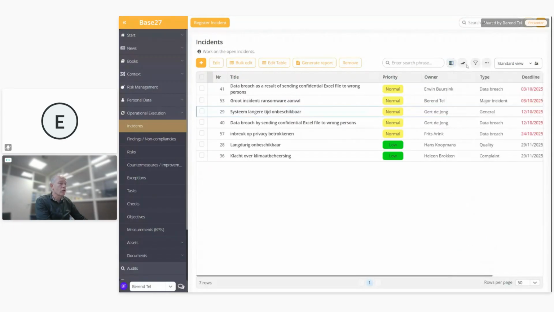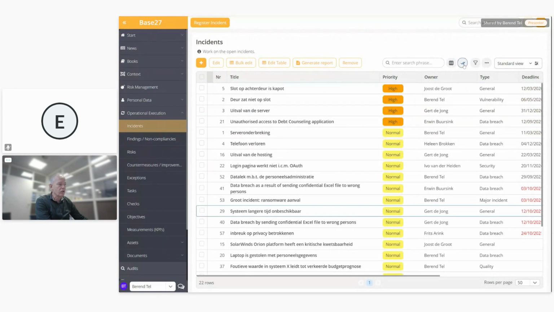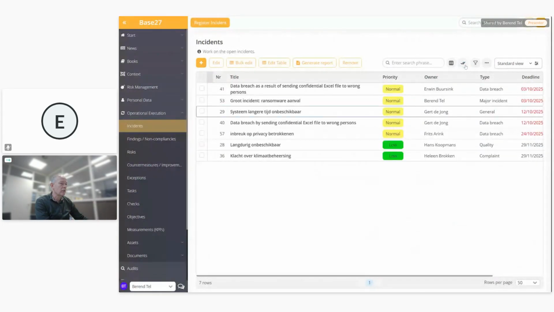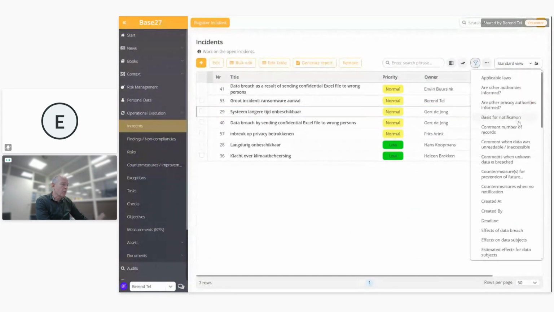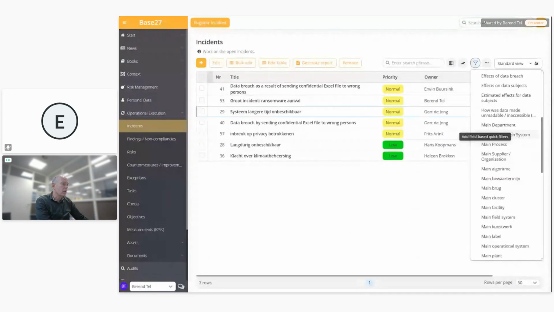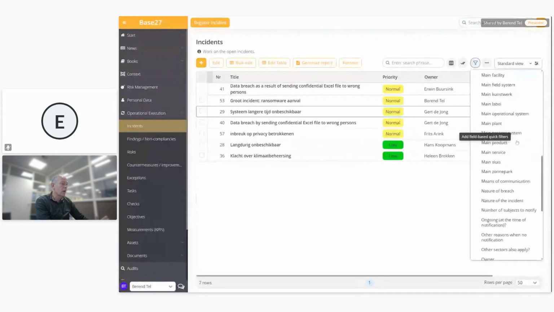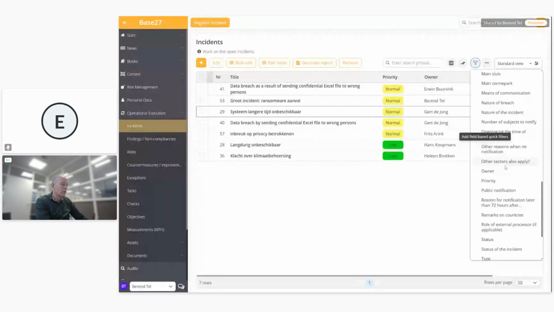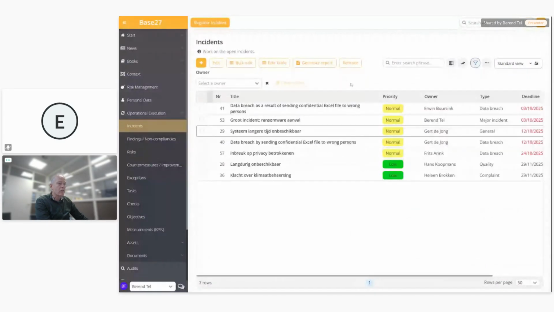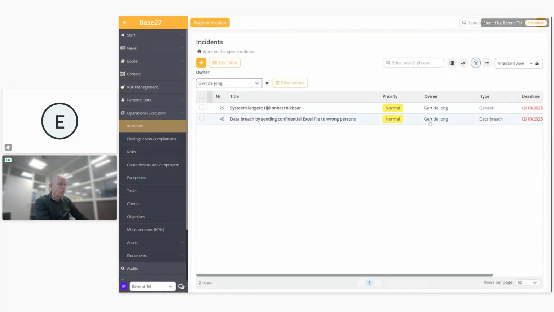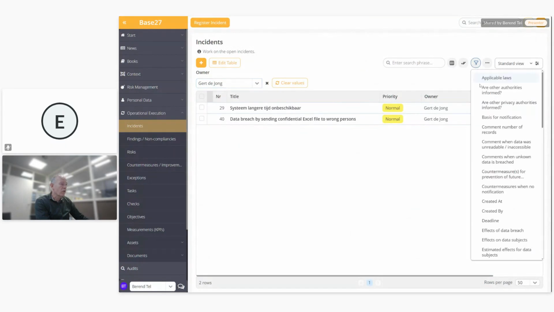The same goes for showing incidents that have been completed already. It now stays highlighted so that you know, okay, it's still showing closed items. Now you can toggle more clearly. And obviously the filter options, I believe that was already in there in the last release. I'm not sure if we showed it during the webinar last time, but you have these quick selections in which you can say, okay, give me all the incidents from Ger de Jong based on owner, but obviously you can do a lot more